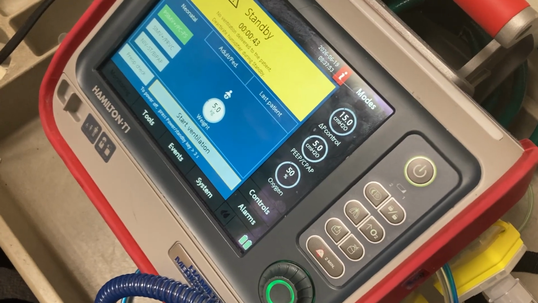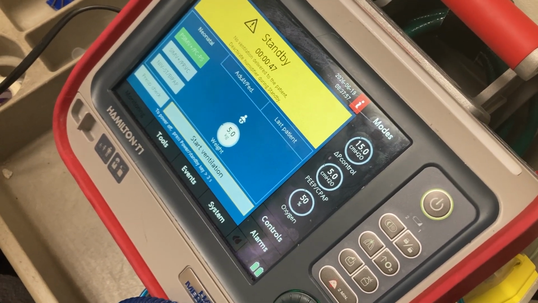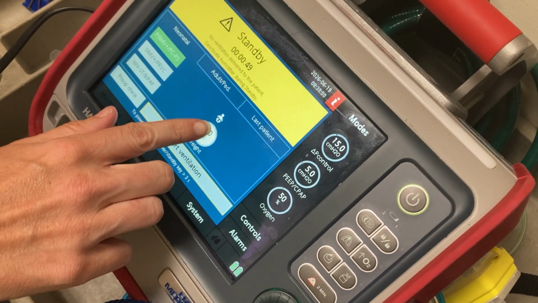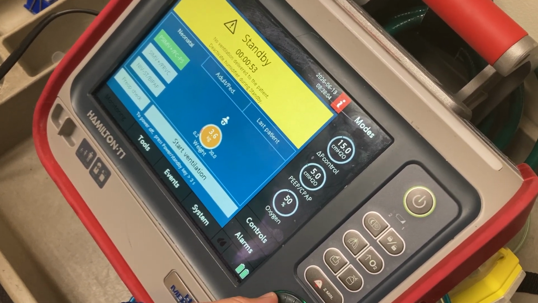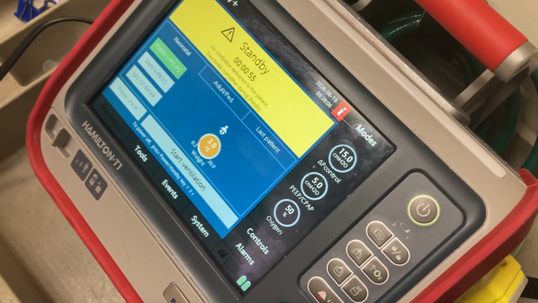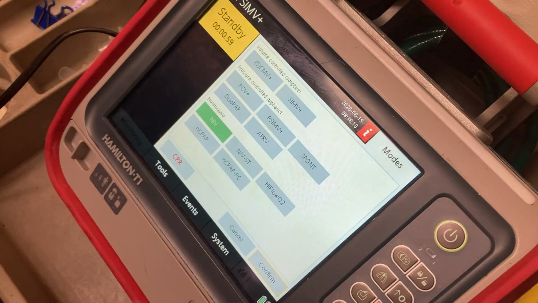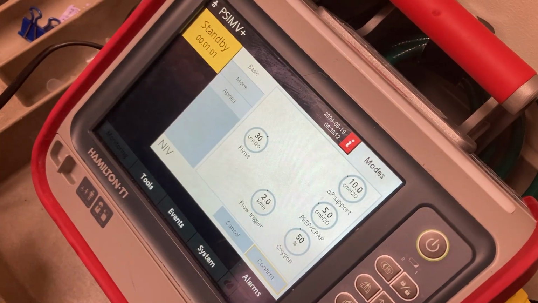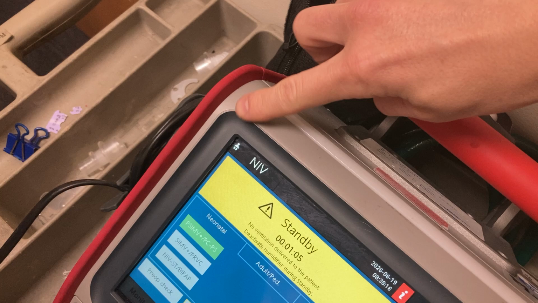All right, guys, so we're going to show a quick setup here for doing non-invasive, starting with CPAP. So first we're going to select the patient's weight that we're going to program. We'll do 3 kilos, for instance. Then we're going to select modes and select NIV. Hit confirm one more time, just to lock your settings in, and you'll see that it changes up to NIV